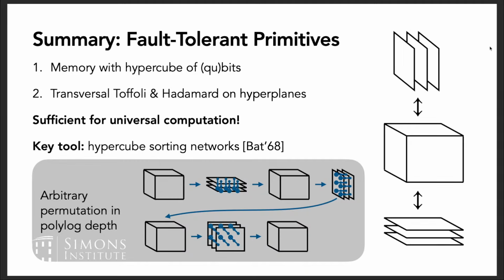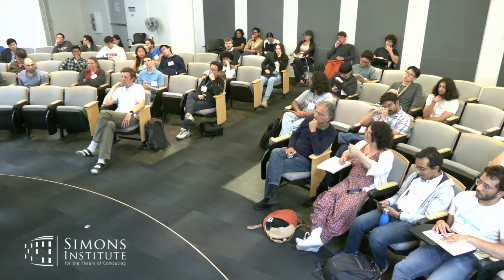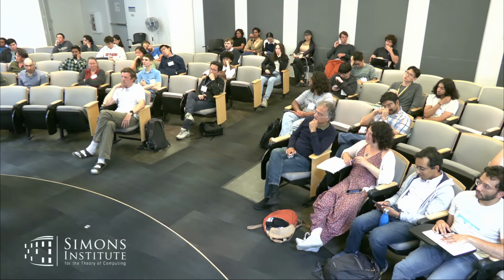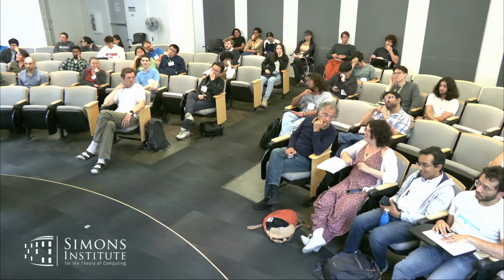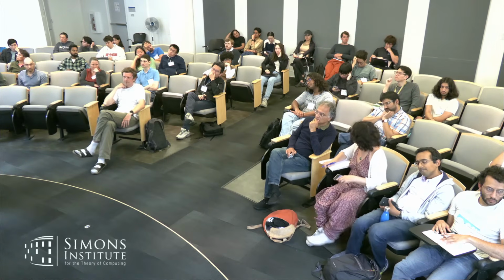In between, it's still checkable. After one of those levels, it's still in an error correcting code that you can correct. Oh yeah, at every step, each of these steps is an error correcting code, and each layer is the same code, but with t minus 1 dimensions instead of t. So we're always encoded in a high distance code.